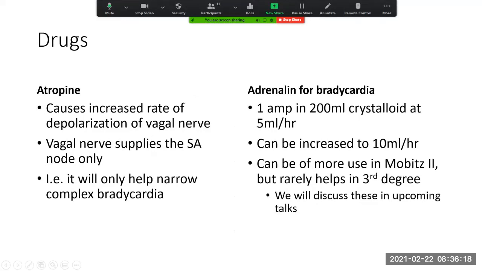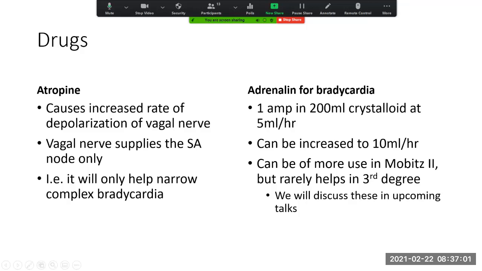Okay, now the problem is if atropine doesn't help, and a lot of us now are working in situations like Madadeni or small district hospitals and things like that, where we don't have access to pacing. We're going to look at pacing just now. But the only other thing that we have in our arsenal is adrenaline. Okay, so what we do, if we want to use adrenaline for bradycardia, we take 1 mg, we put it in 200 mils of crystalloid, meaning Ringer's lactate, normal saline, whatever it is, and we run it at 5 mils per hour. Okay. So the reason for that is adrenaline has what they call chronotropic, that means it increases rate, and inotropic, which means it increases force. Those are its two jobs, all right? That's what it does for the heart, okay?